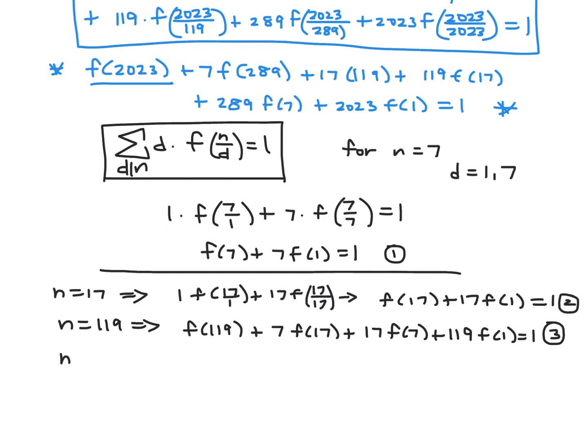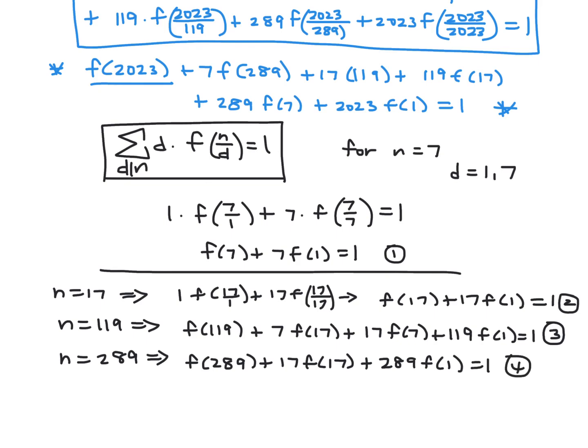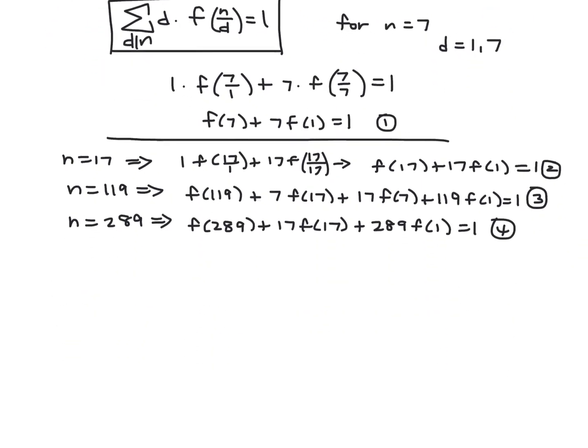And then finally, when n is 289, that's going to be f at 289 plus 17 f at 17 plus 289 times f at 1. And there we go. Hopefully these ones will be sufficient for us to get the value for f at